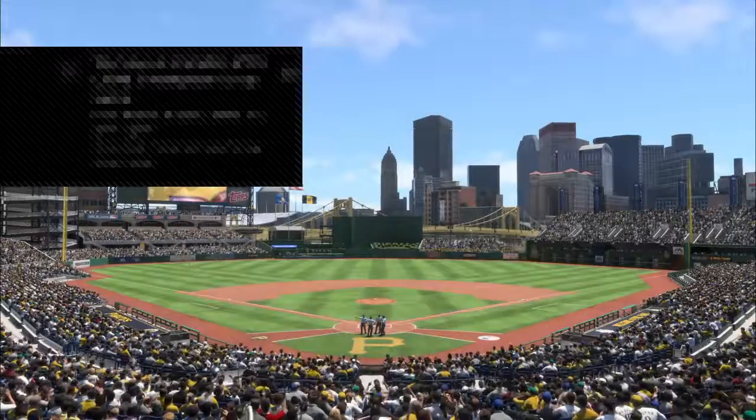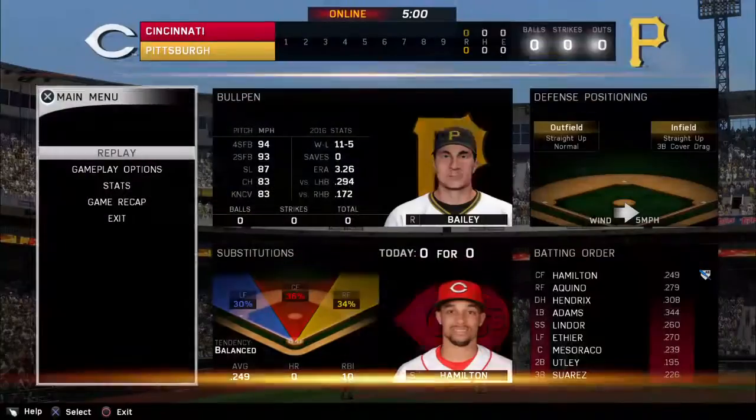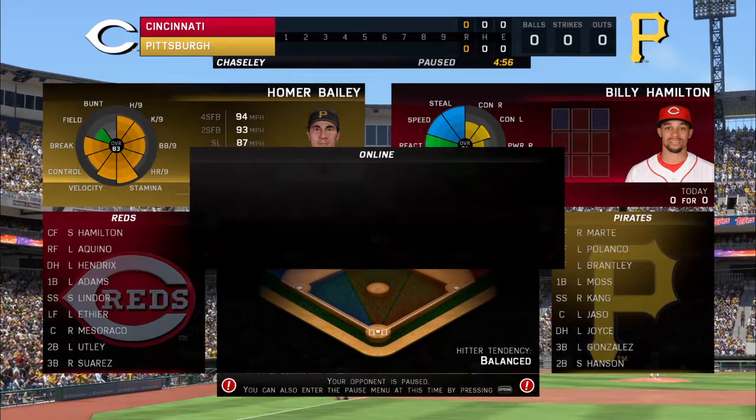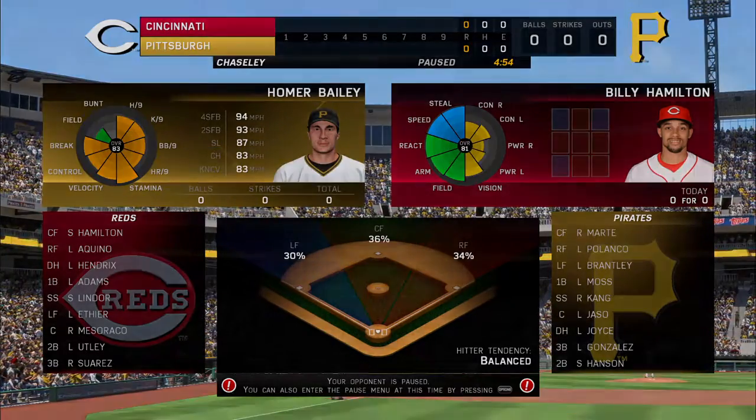One of the best views you'll find in all of baseball. Downtown Pittsburgh in PNC Park. Today, it's the home opener for this new season between the Cincinnati Reds and the